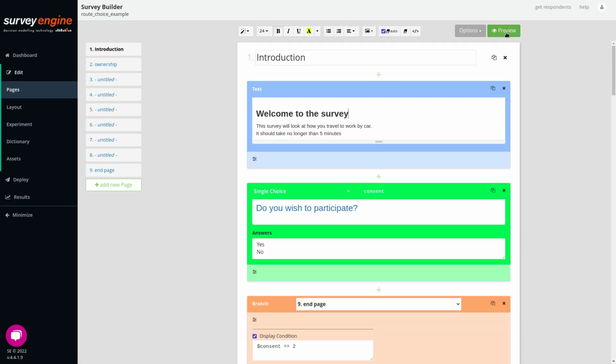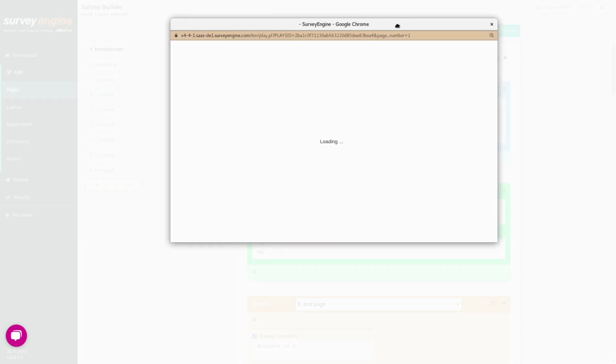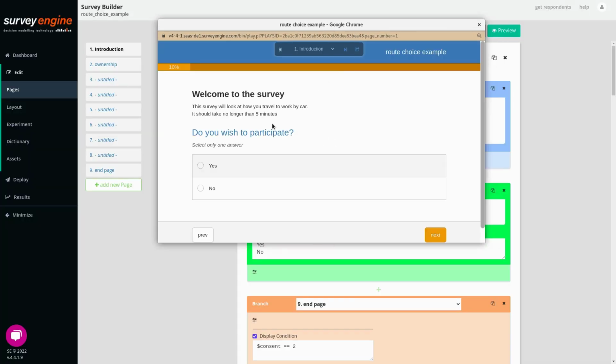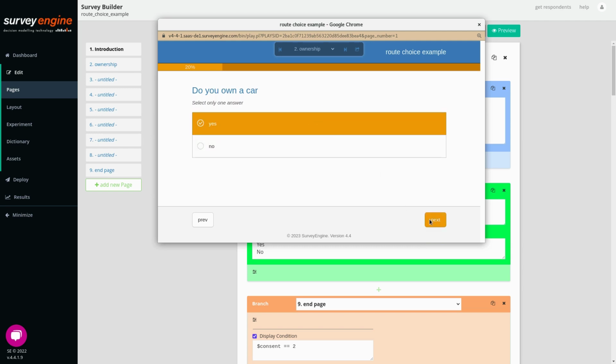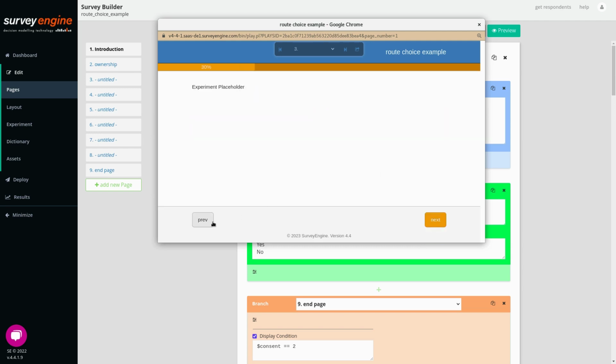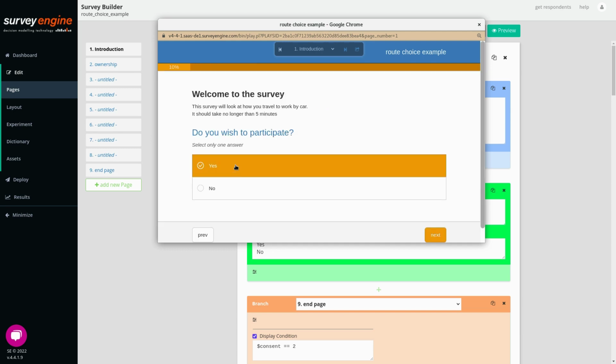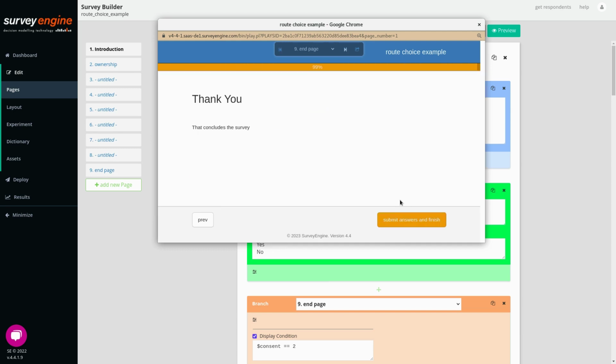Let's now preview to see that the logic's working. So first we'll run through consenting, and as we see, we get the scenarios or the placeholder scenarios. If we go back and select no for consent, you'll see that we branch to the screen out page, which is what we want. We'll make a note that we may change the header and title, and let's move on